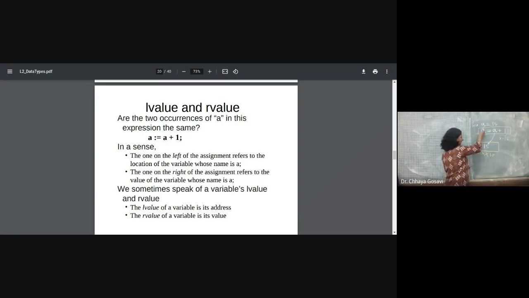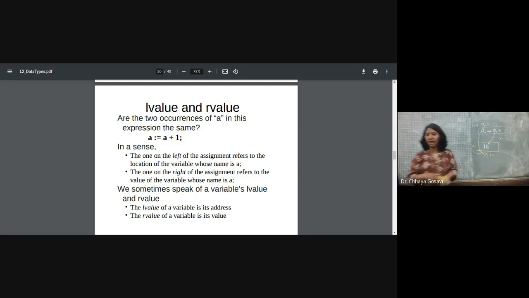So this a, the left hand side a, denotes the memory location. You want to load the value 16 at this memory location. So here this 15 will be replaced by 16 after execution of this instruction, a plus 1. So on the right hand side of the assignment operator, the same variable is denoting value, and the left hand side of the operator is denoting its location.